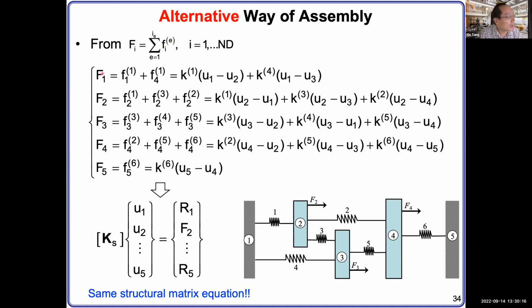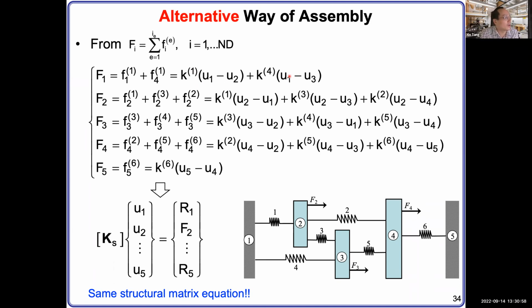From there, you can write F1 equal to F11 plus F14. That's for node number 1 here, right? So F11 is actually K1 (U1 minus U2), always, because you are talking about node 1. So always use this one that connects with the spring as a reference, and then this point with respect to the opposite point. In this case, the force on spring 1 is K1 times (U1 minus U2). Okay, that's the force on node 1 from the spring.